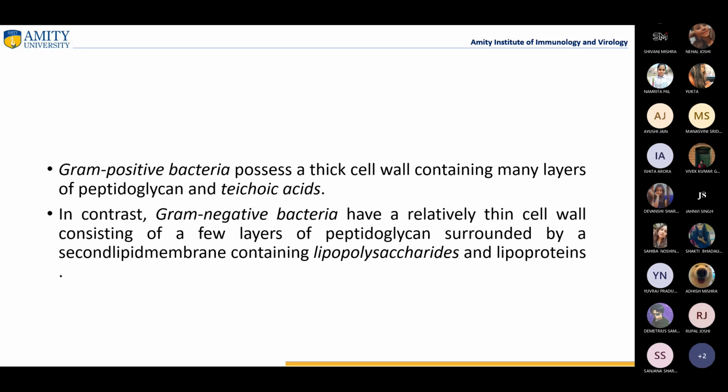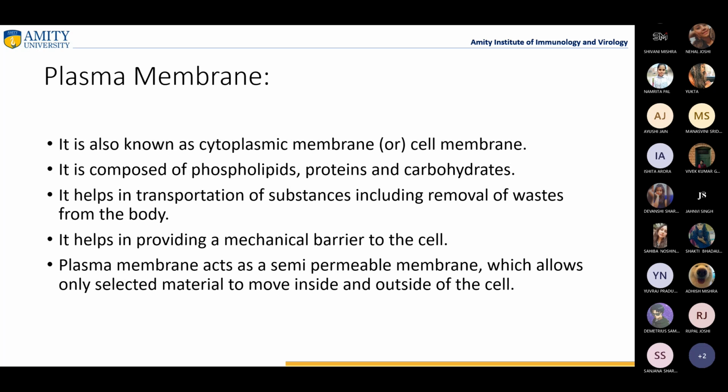Okay, so I'll just go through this. Gram positive bacteria have a thick cell wall with many layers of peptidoglycan, and gram negative bacteria have a thin cell wall with a few layers of peptidoglycan, which is surrounded by a second lipid membrane containing lipopolysaccharides and lipoprotein. Then they have a plasma membrane also, known as the cytoplasmic membrane or